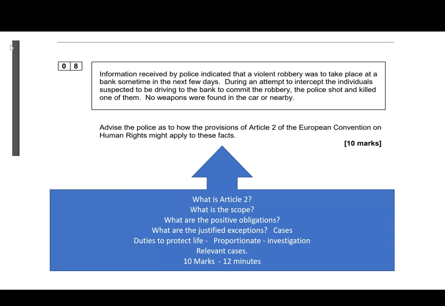Question 8 is now starting to ramp up the demands, both in terms of time and marks. So often this question will be framed as an advisory question, as if a client needed an explanation of some relevant aspect of human rights and whether it's been violated. So to do this, your son or daughter will need to know, again, the scope of the right, what type of right it is, the exceptions to the rule, either an absolute, qualified or limited rights, and how far British laws that cover the situation apply. The scenarios are often in thinly disguised cases that will all